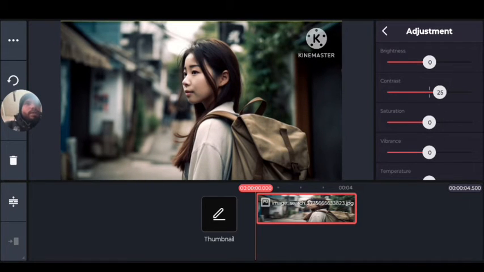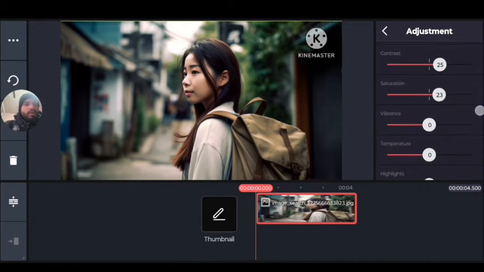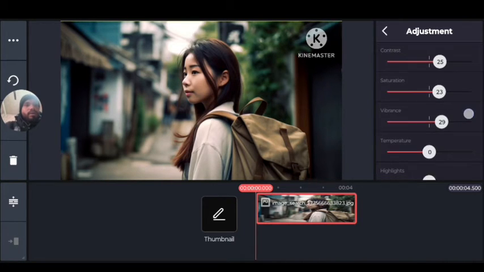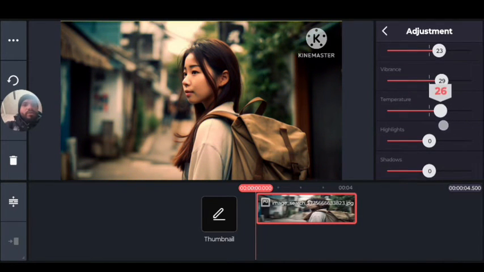Then click on saturation, then click on vibrance. So you can manage your photo just like this. Then you will click on temperature, so you can change all your photo's backgrounds like this. See friends,